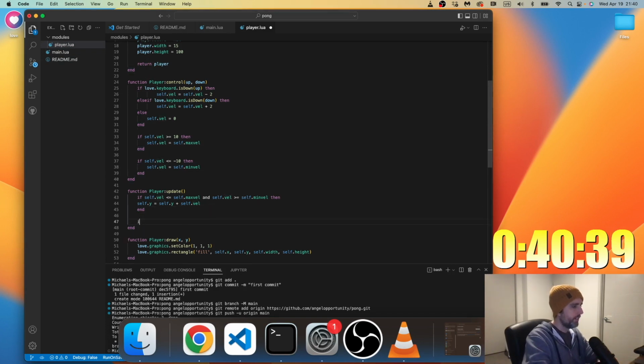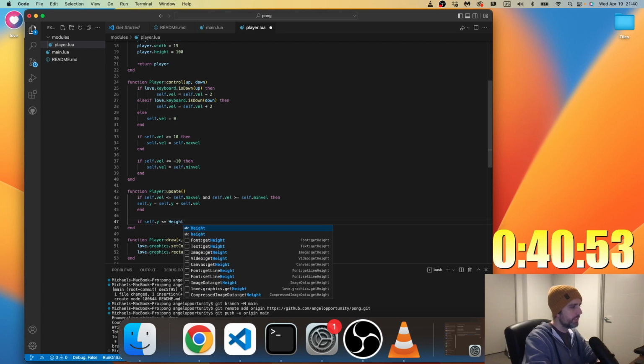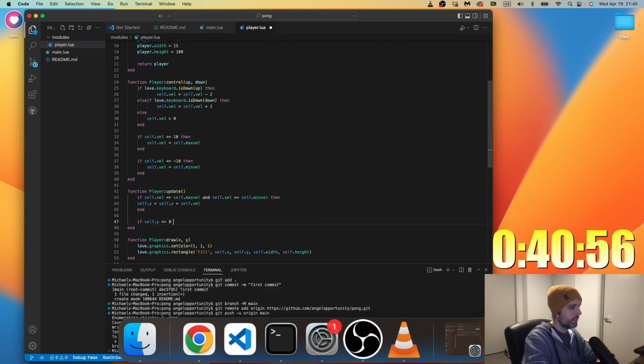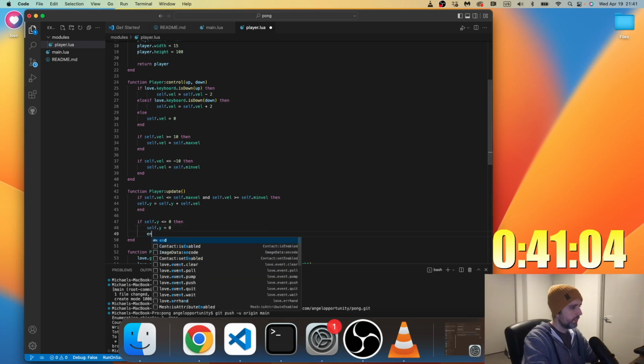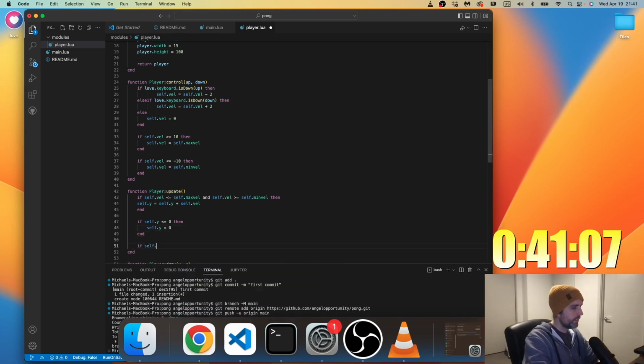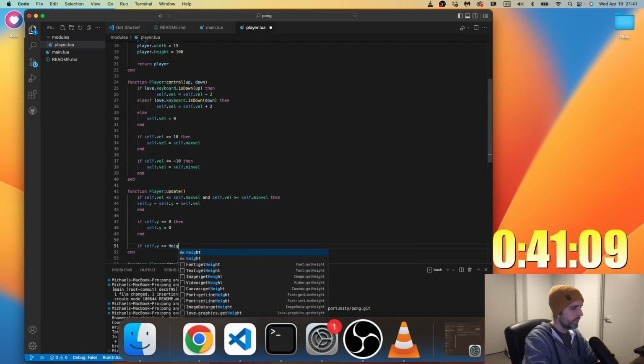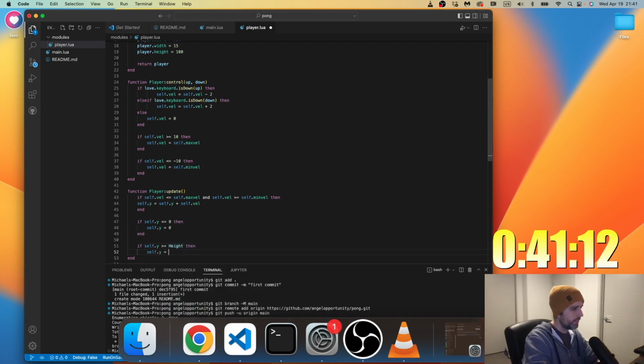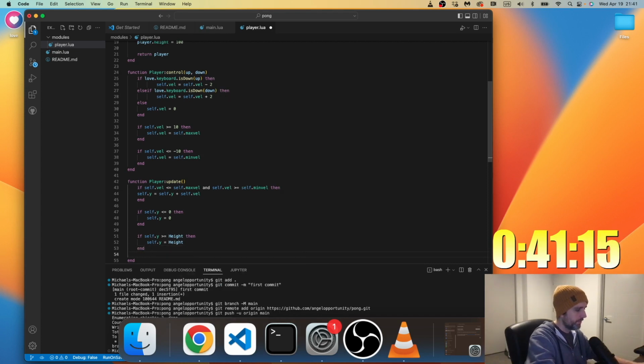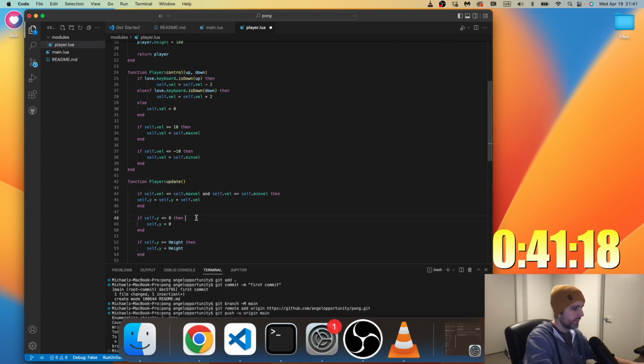Just add another if self.y is less than or equal to 0, then self.y equals 0. If self.y is greater than or equal to height, then self.y equals height. So I think that will work.